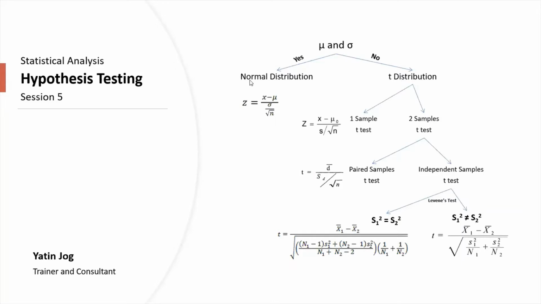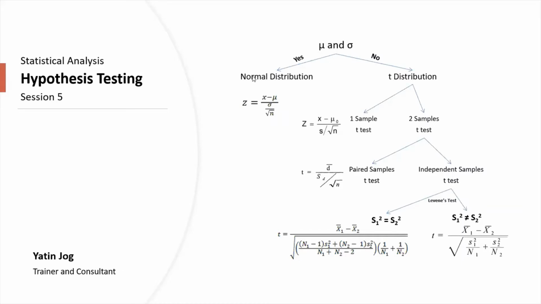As we have solved a lot of problems for normal distribution, if you can remember, in the problem statement of normal distribution, we always mention the mean and the standard deviation of the population. That with the population mean as this and standard deviation as this, what percentage of population is between 80 to 150, for example. So we always know the population parameters like mu and standard deviation. So always we have to ask the question: do you know mean and standard deviation?